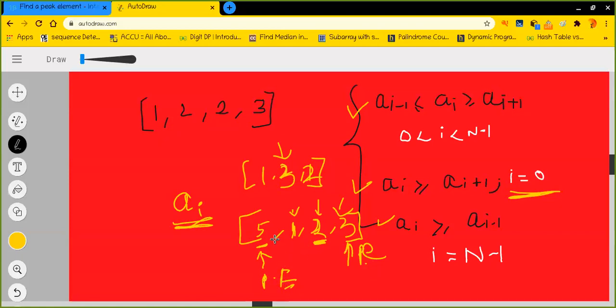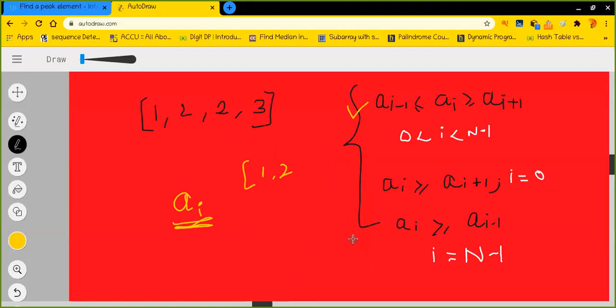If you have any doubt till this point, you are completely free to ask me any such doubt regarding this in the comment section. I would be happy to answer you. Okay, cool. Let's look into some examples for more detail. Let me quickly remove all these things. Now let's look at this particular example I have written for you. In this array, tell me which are the peak elements.